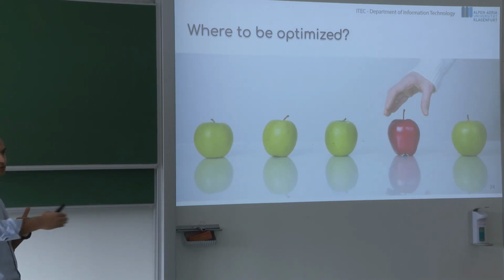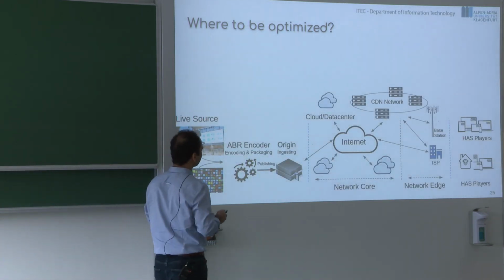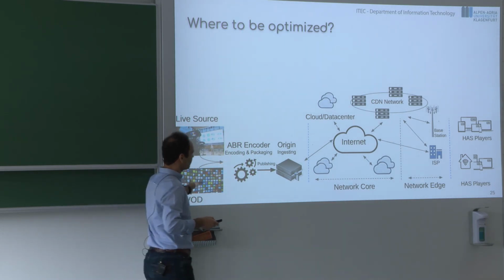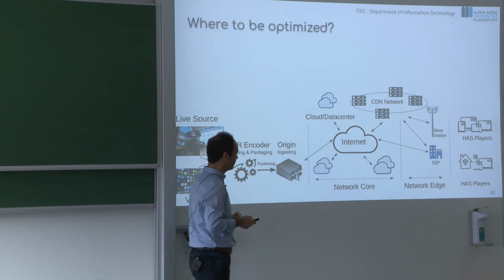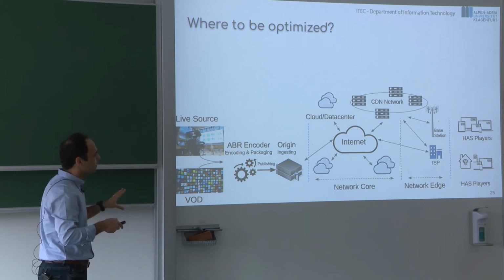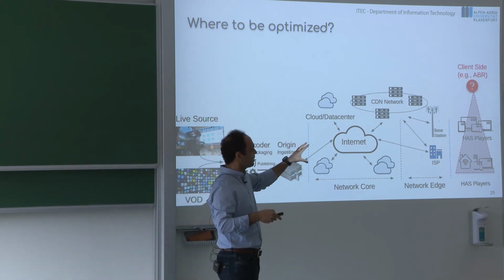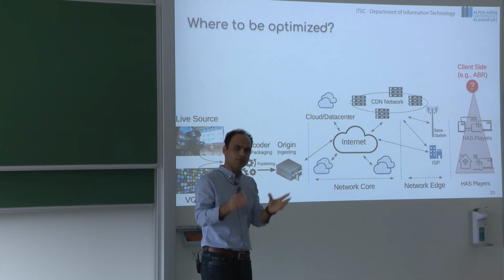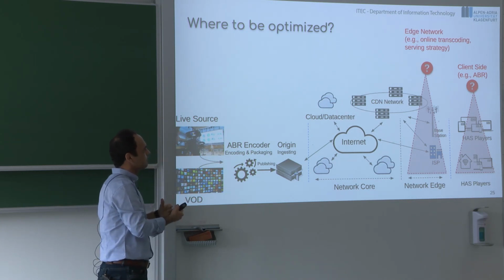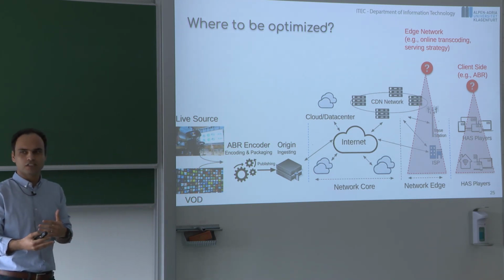this path of this streaming. Where to be optimized? Here, let's visit this slide again. For video streaming paths, we have the content here to the end user there. So researchers think about different parts of this topology. For example, some work on the client side, work on the ABR. Some researchers like to work on the edge network or network edge, just about assigning online transcoding, serving strategy, optimizing